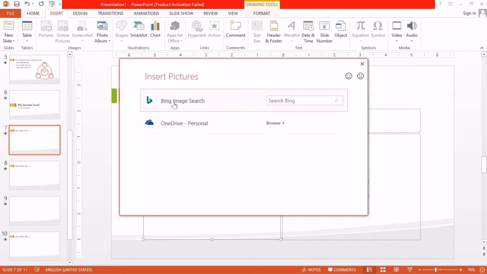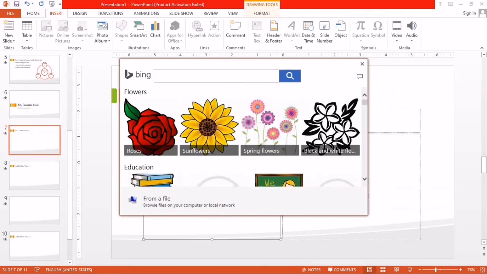I click on Bing Image, and after this I search here, okay, here some pictures are available. These are pictures of flowers, so I write here fruit and vegetables, search here, or you can click Enter.